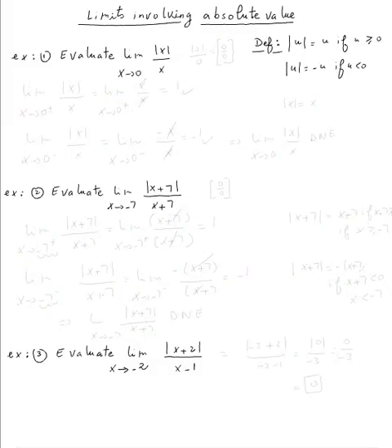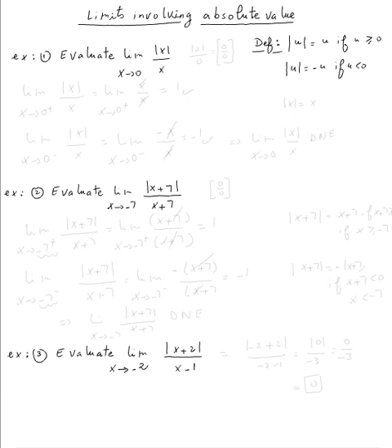The topic here is limits involving absolute value. So first we need to know the definition. The definition says the absolute value of a number u is equal to u if u is a positive number, and the absolute value of u is equal to negative u if u is a negative quantity. So in this case,